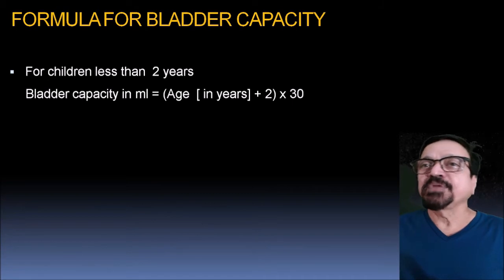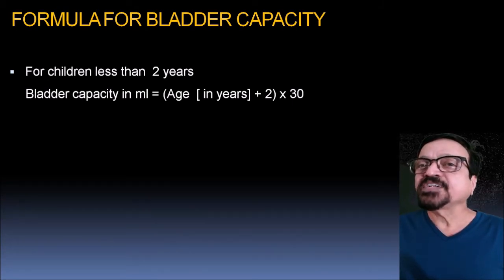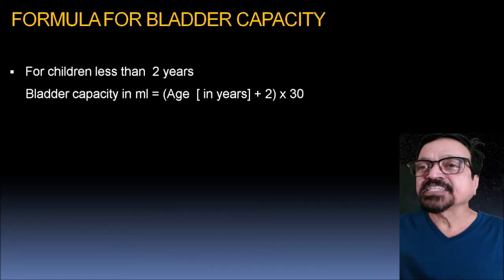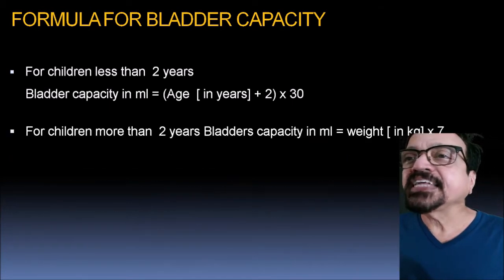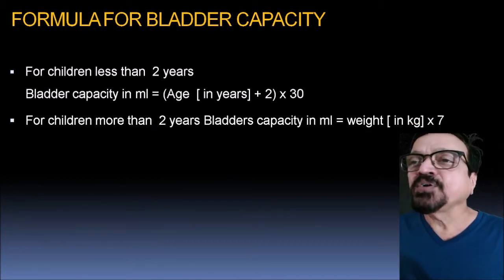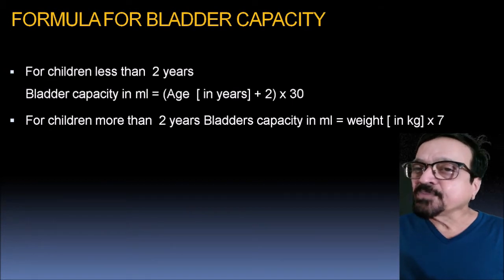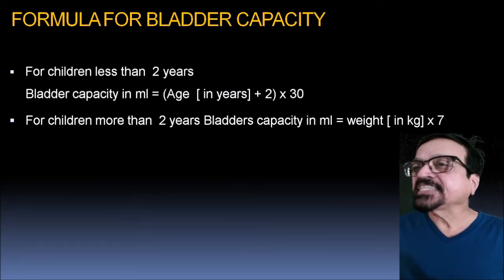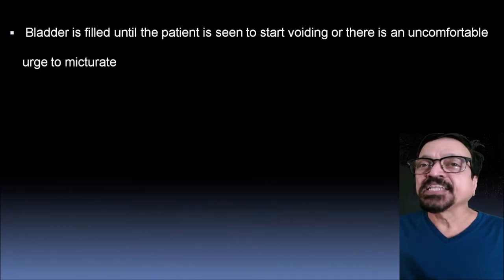Now, is there any formula for the bladder capacity? Yes. For children less than 2 years, it is calculated as age in years plus 2, multiplied by 30, which gives you the bladder volume approximately. For children more than 2 years, the bladder capacity in ml is weight in kg multiplied by 7, and in adults it is around 500. It is absolutely variable and we should not really go by it, but it will give you a rough idea